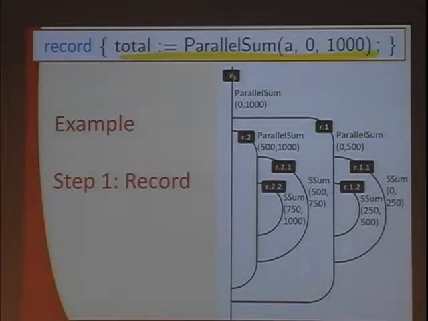Essentially, the way we think about the execution is in terms of a revision diagram. The parallel sum from 0 to 1,000 is our main revision. Think of that as our main procedure executing. At a fork, we're going to fork off some work into a child and continue. That revision is a task that's going to sum the elements from 0 to 500, and it's going to spawn another child, and so on. So we have a recursive decomposition that's unfolding.